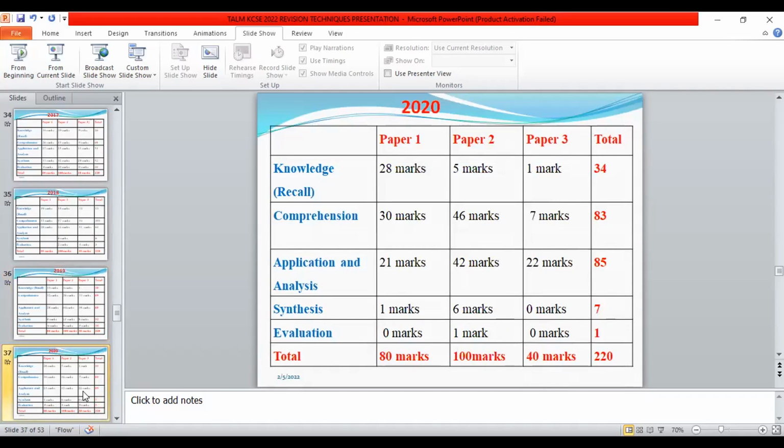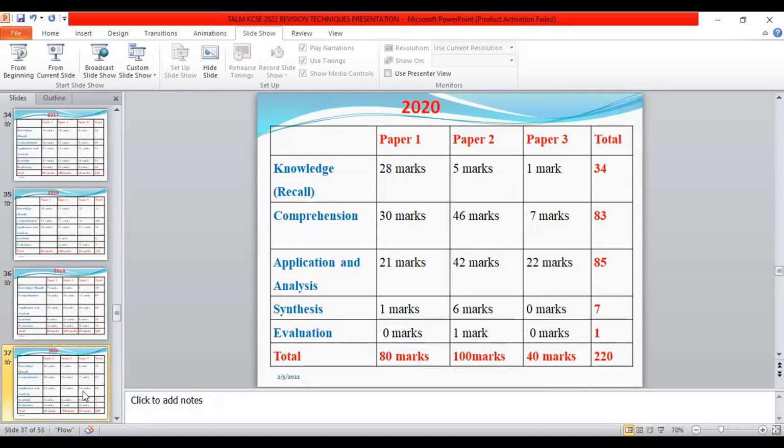We all agree that when you look at last year's exam, as teachers, we were very happy when we did the 3 papers because we saw things were becoming much better for us. And despite that, even the candidates themselves attested that the paper was much easier in comparison to what they have been seeing before. But despite all that, you cannot disagree with me that we never got better results as we expected.